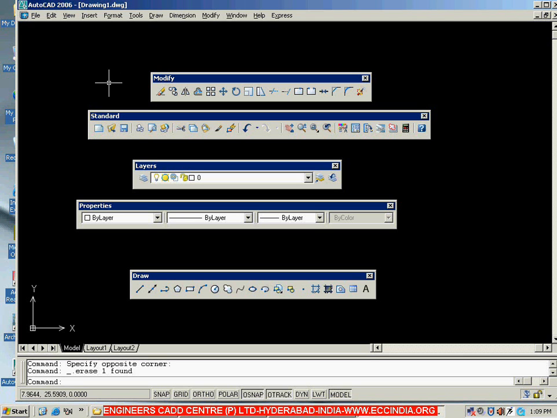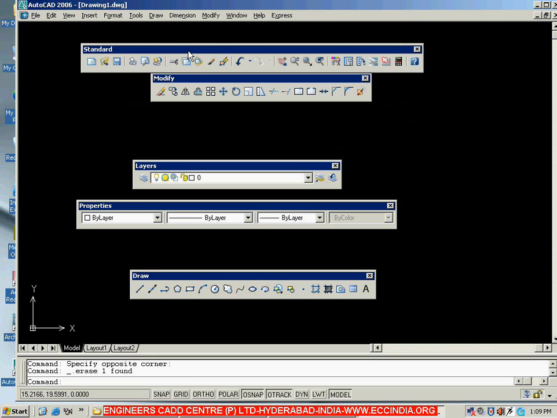Before going to the docking process, first let's see the introduction. Here we have a total of 5 toolbars, and the first toolbar is the standard toolbar. So first we should know about the standard toolbar. In the standard toolbar we have some file related operations. The first one is create new file. Similarly, we have open an existing file or save the current file. So like this, some file related operation tools exist in the standard toolbar.